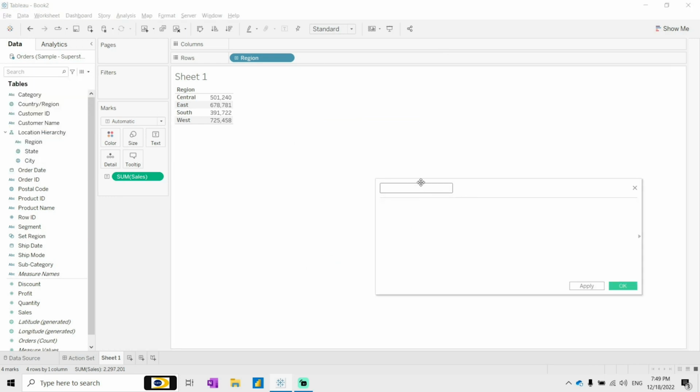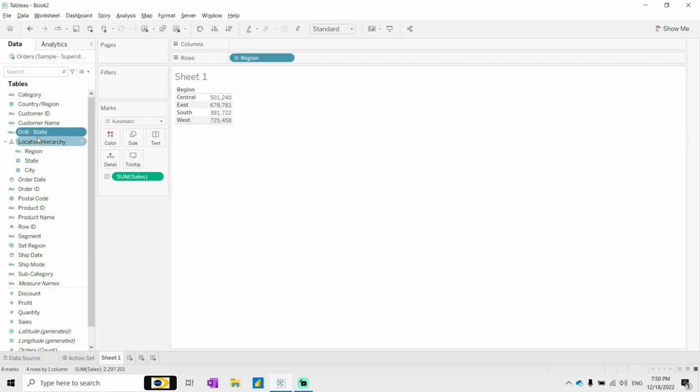Once you click OK on the set region, now we have to create one calculated field so that our set should work. I will give this one the name drill to state. Here we will give one condition: if set region, then it is state, else it is region. End. Yeah, so here we got the state, right? So if I click here,